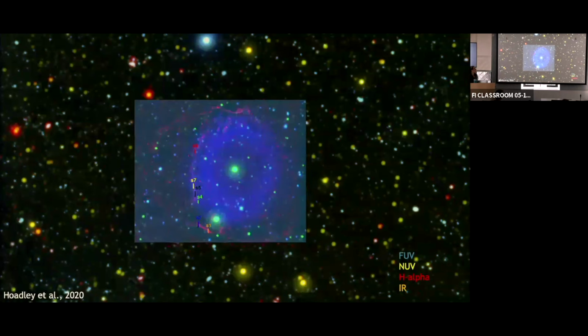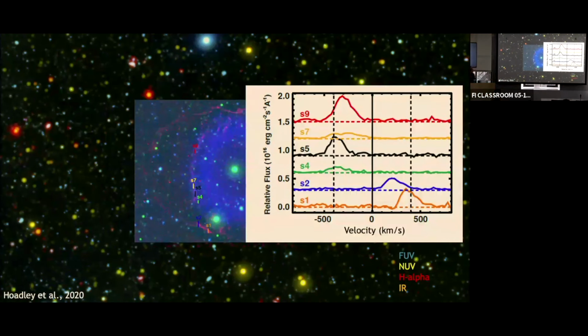So we went after this actually on the ground with LRIS on Keck, and used the multi-object spectrograph there to take different slit positions in the spectrograph. Along the slit on this western edge, we had 4 different slits, and then 2 more on this lower southwest edge as well, to see what the edge alpha lines were doing here. And when we did that, this is a figure of the relative flux measured at each of these slits as